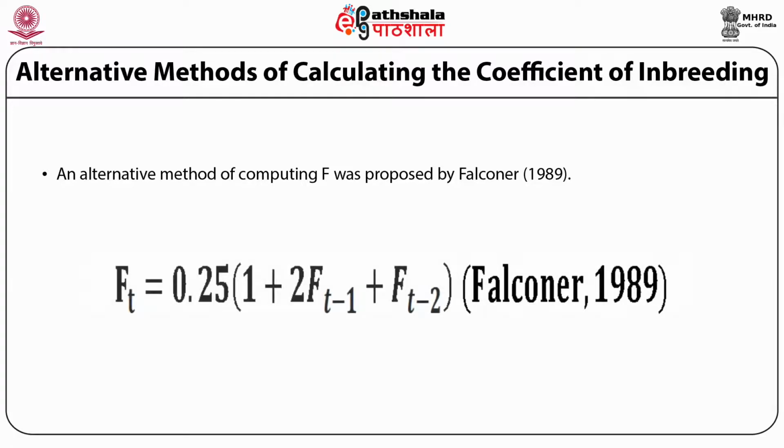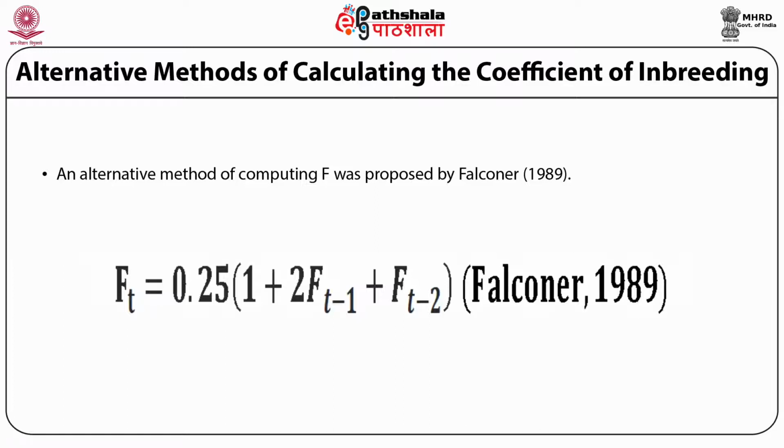Ft is equal to 0.25 (1 plus 2 ft minus 1 plus ft minus 2),